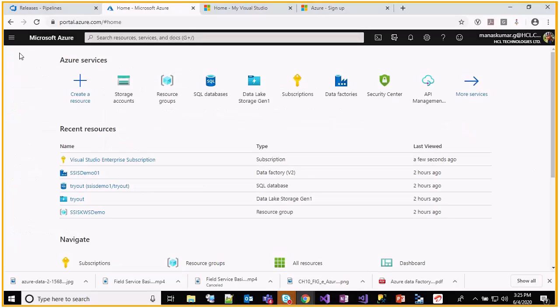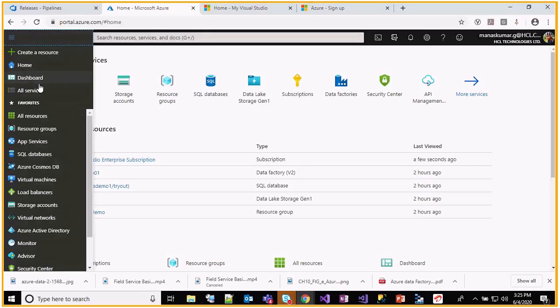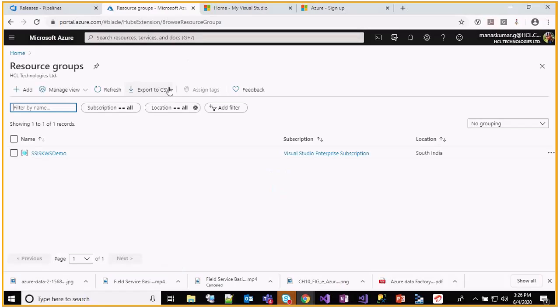Once you go to home, if you don't see something called resource group here, just type it, or if you go to all services on the left side pane, you can search for it. Before we start to do anything, we should have a resource group. For example, if I'm a developer, I should belong to a particular group where I can do all my development. It's a kind of workspace where I can do my own work. Since we are creating our own account, we can create our own resource group.